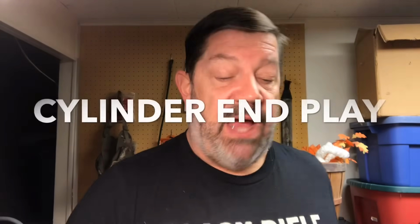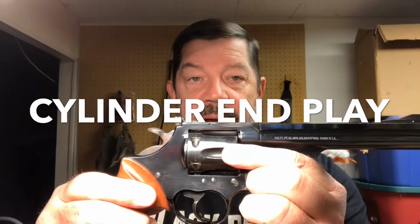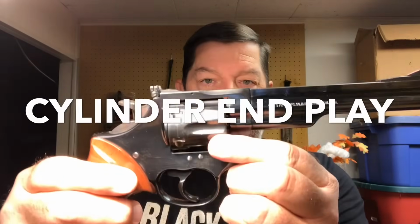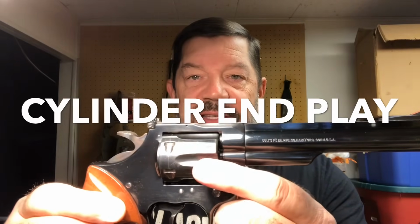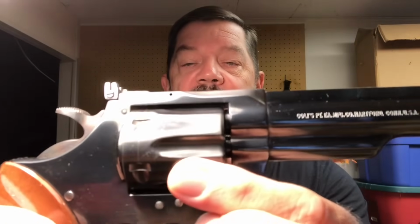And again, most modern revolvers are meant to have some degree of play or wiggle with that. Now, the next thing we want to talk about is end play, and that is how much, if any, does this cylinder go back and forth, and you need to have a cylinder gap that is within specification for each firearm, and each firearm might be a little bit different. So what does that mean, end play? Well, back and forth movement, okay? And typically where that occurs is in a bushing,